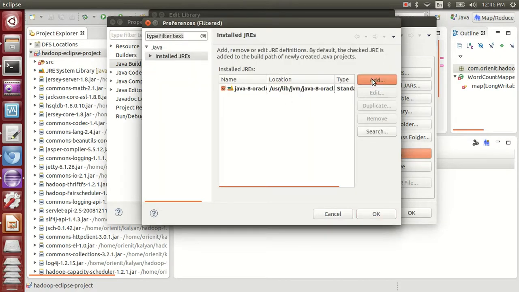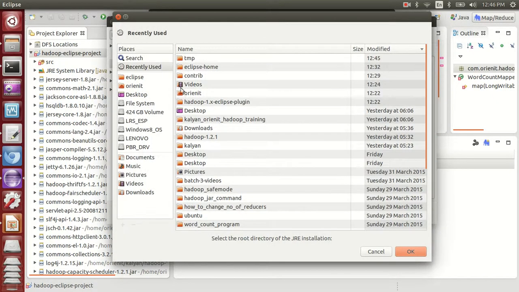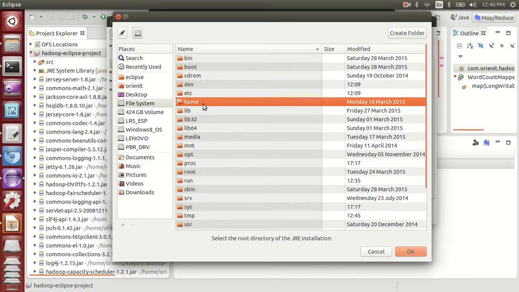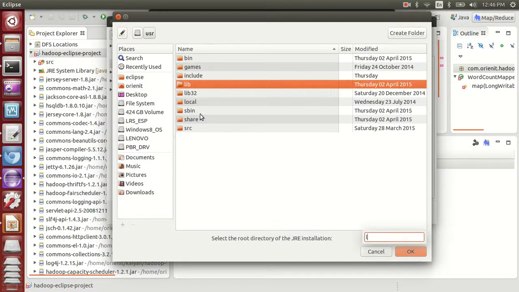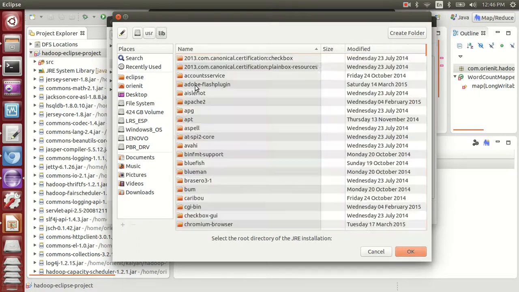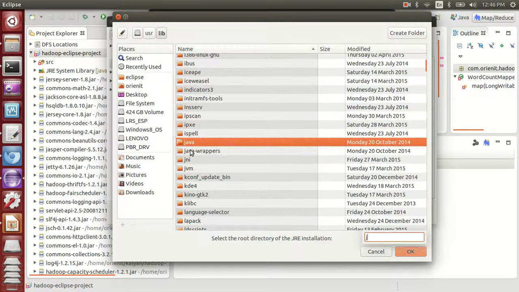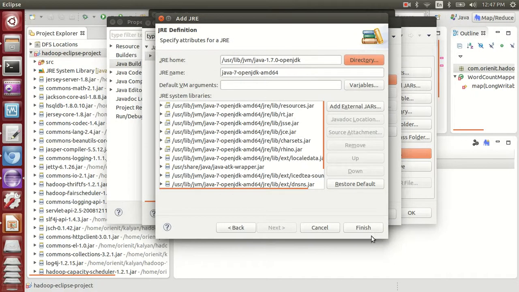It's not added, so let's add it. Choose the JRE, select the JVM version you want, 1.7, click OK and finish.